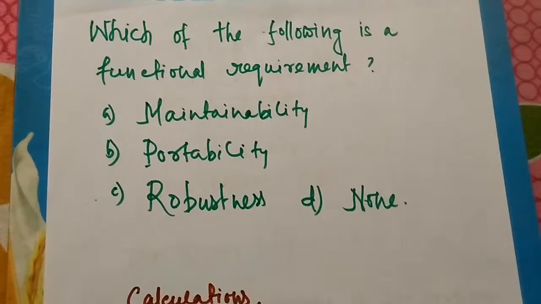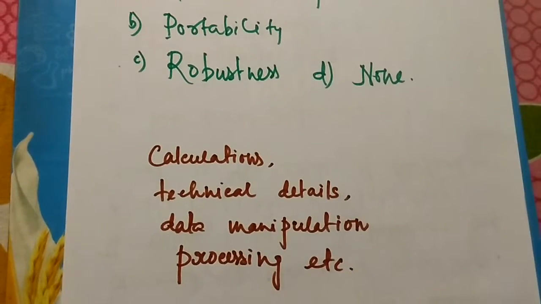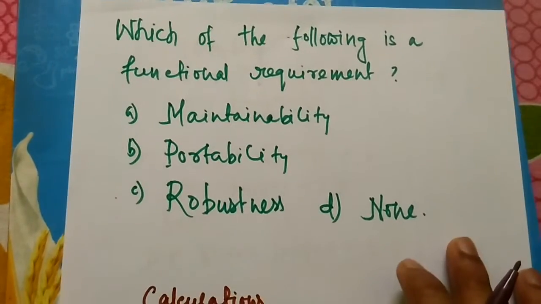So a functional requirement means, if you write a software, functional requirements are about whether the software can calculate, whether it has any technical issues, whether it is calculating its data, and is it processing its data correctly or not. These are all functional requirements, and here it is mentioned that